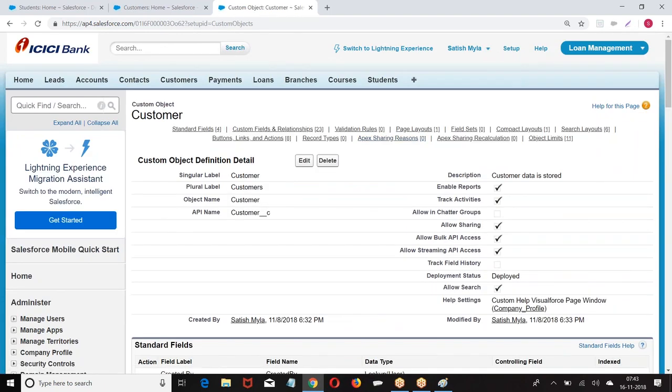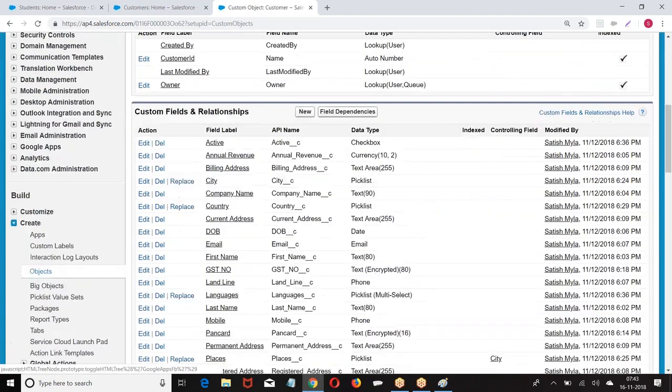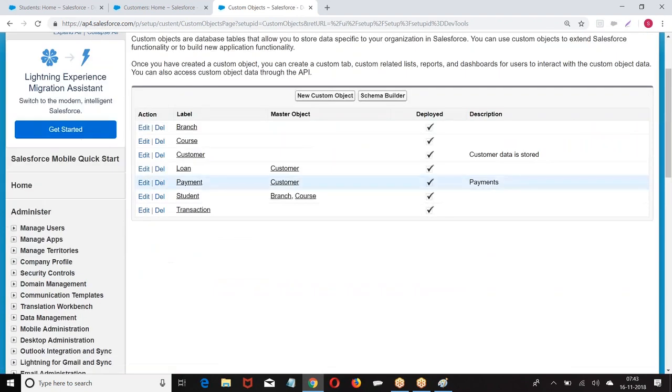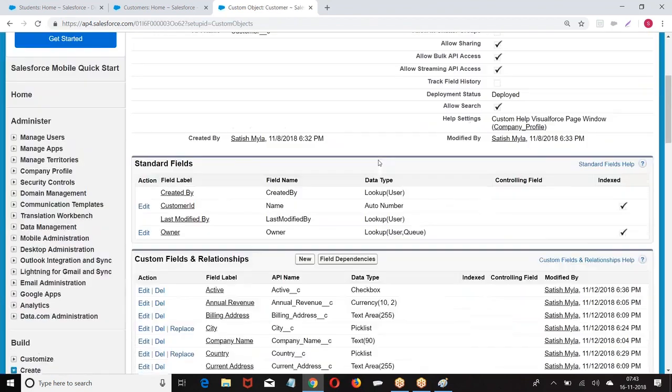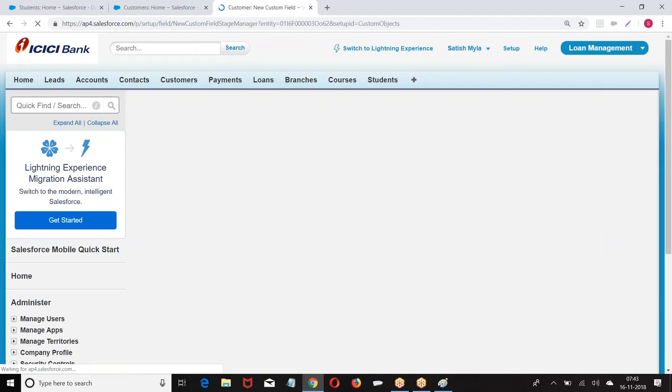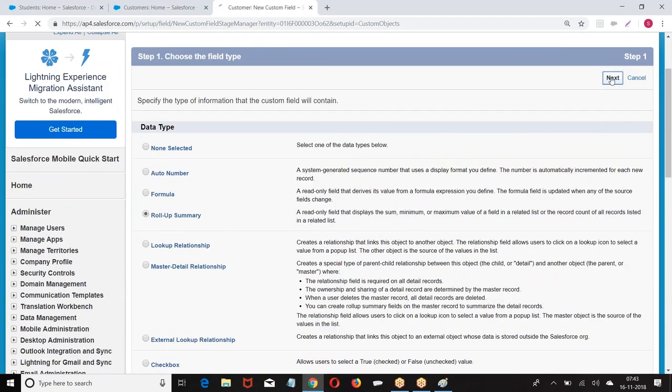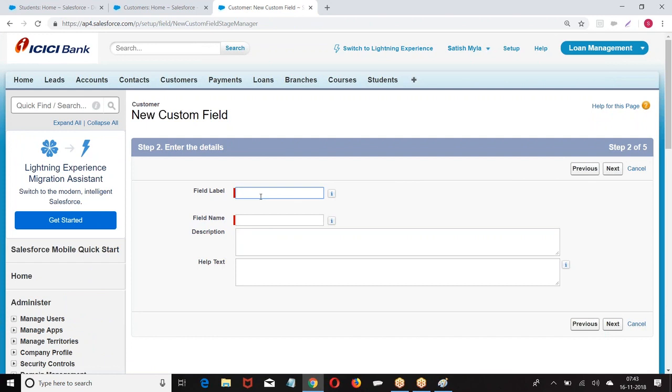Then again, go back. Setup, build, create, object, customer, roll up summary. Online amount.